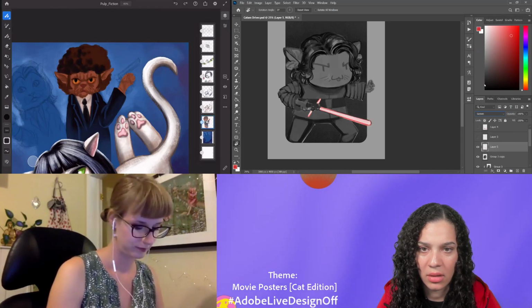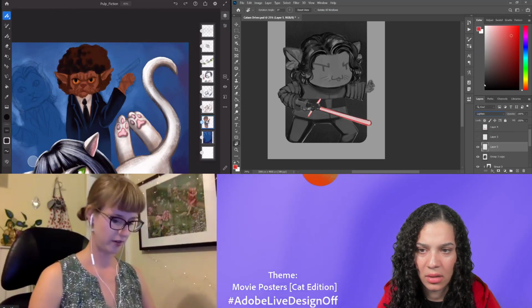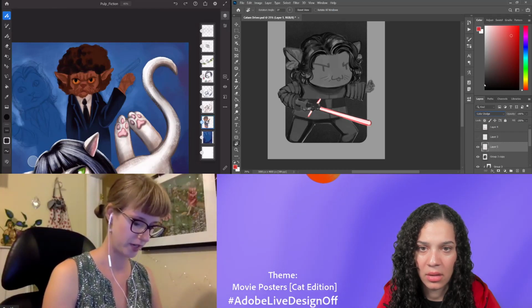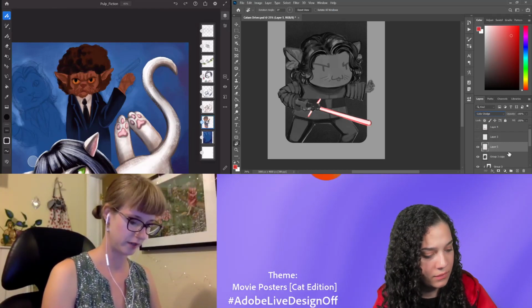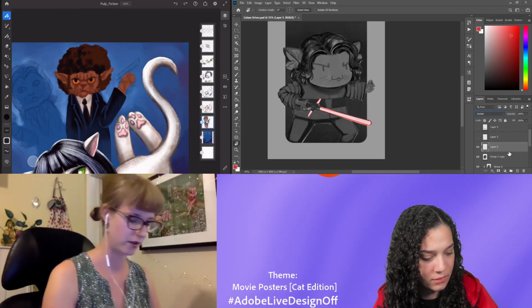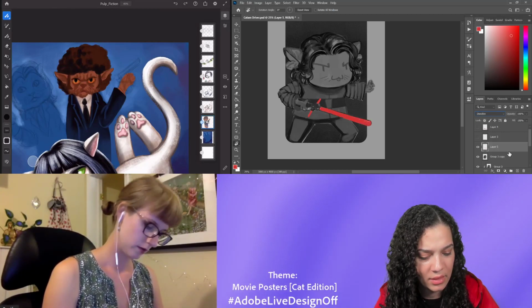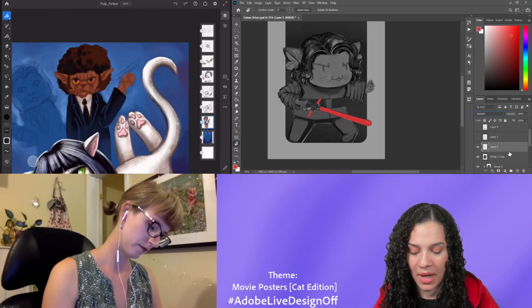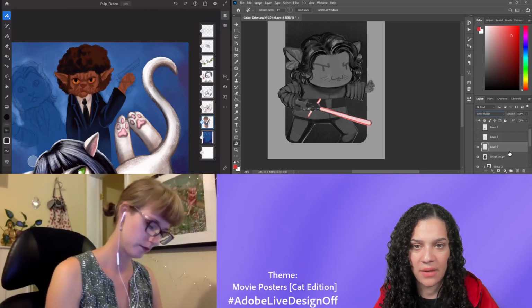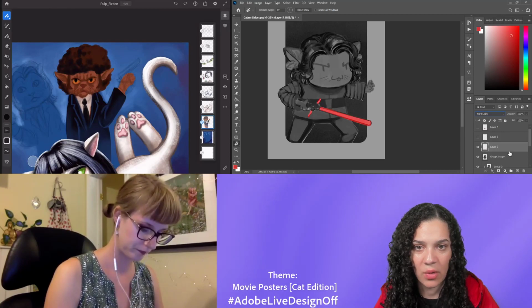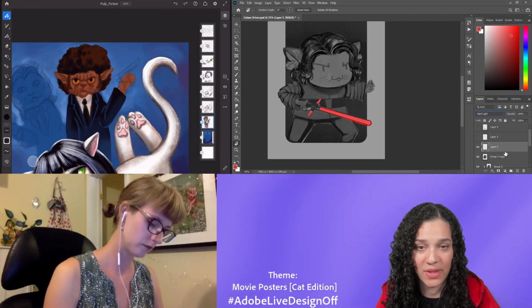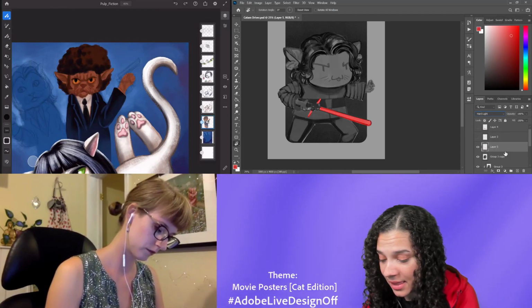Whereas I approach it kind of like an acrylic painting or an oil painting, where I just lay flat color down and then build up the lights and shadows. Nice, nice. It's always cool to see how different people do this, though, because I've seen people who even still start in grayscale, but they do it in such a way where I'm just like, I never thought of that.